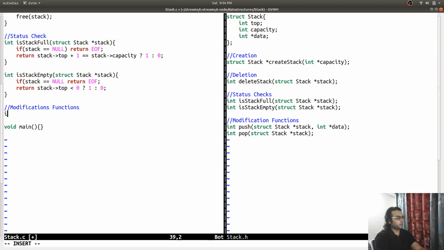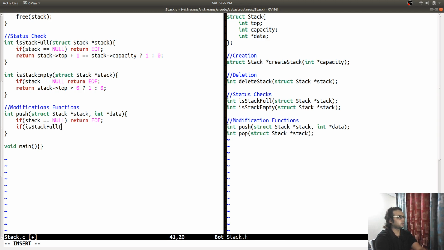Now we are going to implement push, with a struct stack pointer to a stack, and the data that I'm going to put inside this structure. If stack is null, return end of file. If stack is full, return an end of file.